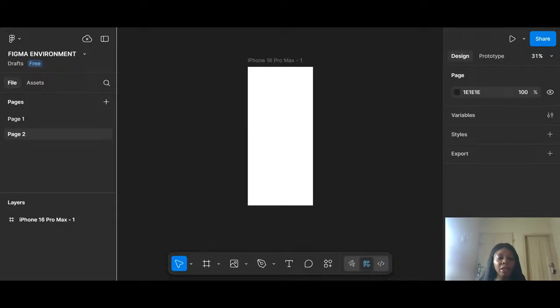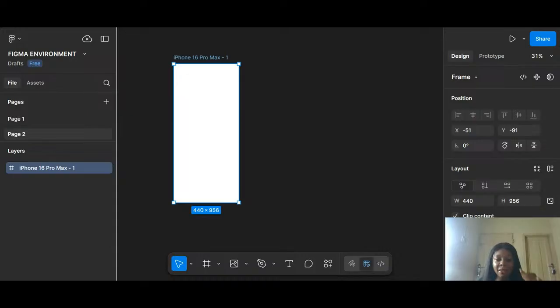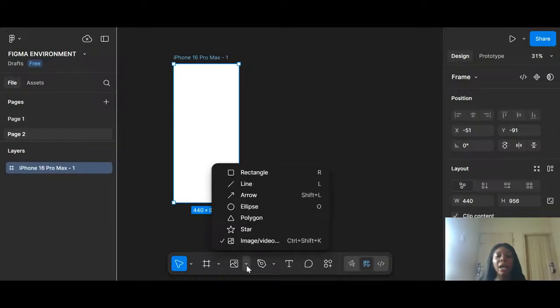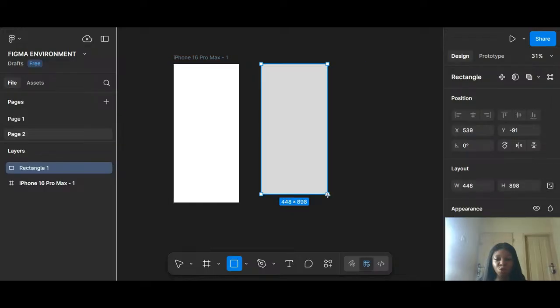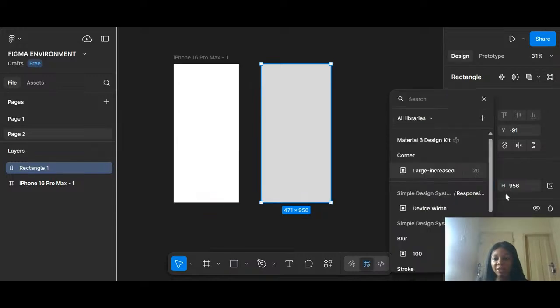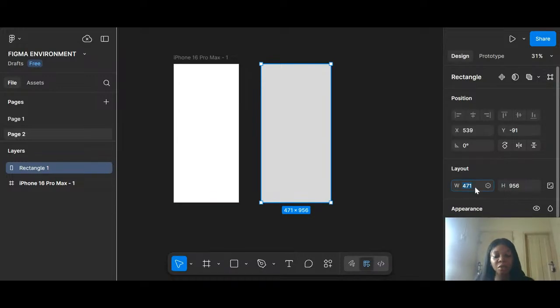So, moving forward to our own design interface now, let me explain properly what I mean: the frame is a plot of land. The size of this frame is 440 by 956. I'm going to draw a rectangle, 440. Okay, 956 is already there. 440. You can see that these two things are equal,